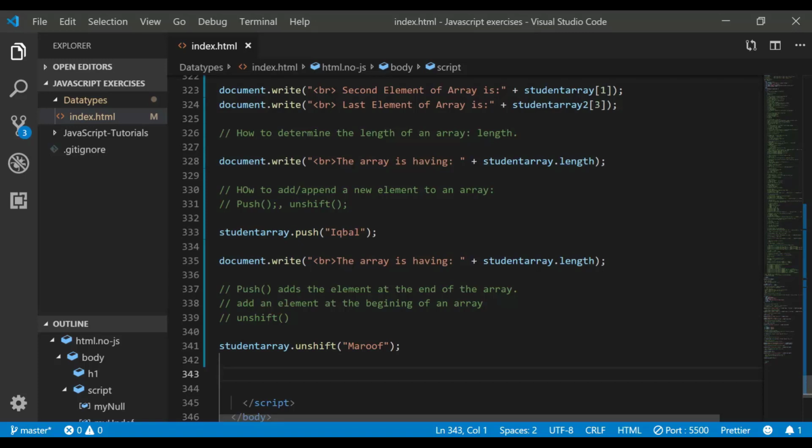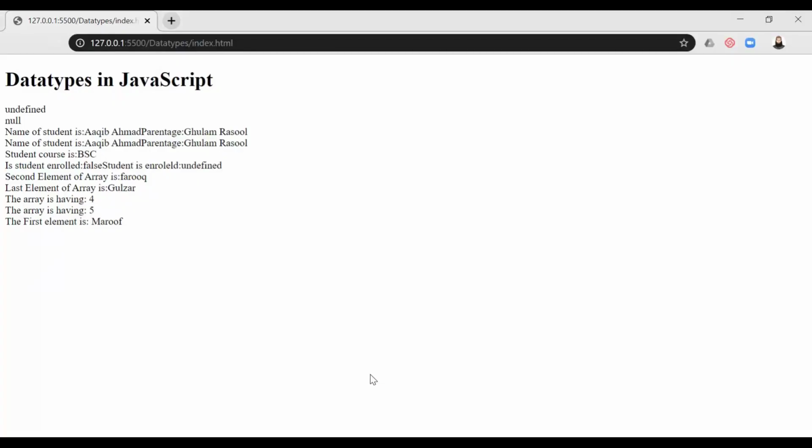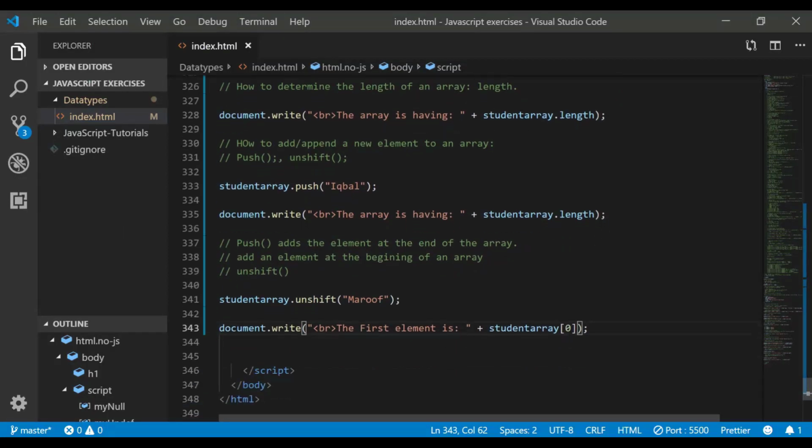Now let us see the first element of our array. Document dot write the first element is student array of 0. So the first element is maruf. So this means with the help of this unshift,